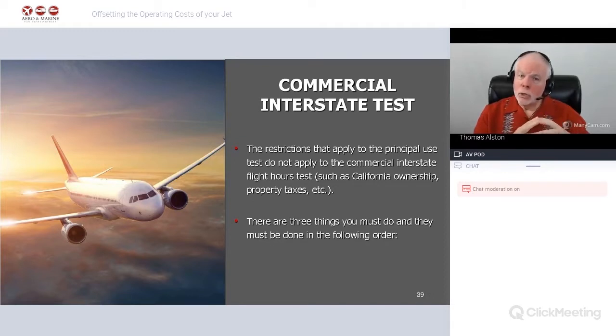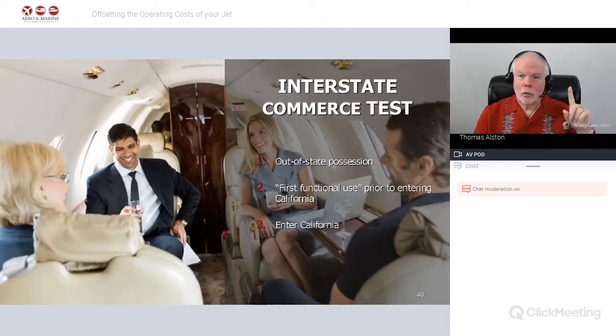Okay, you need to do these, and you need to do them in the order that I'm going to give them to you. The steps are: first, you must take possession out of state. Where have you heard that before? Second, you must meet the state's definition of first functional use before it enters California the first time. And if you're not sure, call me,